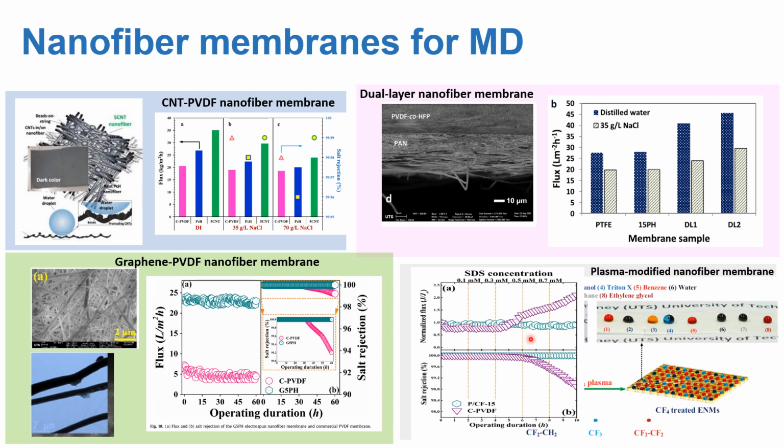So we exposed our PVDF nanofiber membrane to plasma treatment, and we found out that, depending on the duration of the plasma treatment, we changed the characteristics of the membrane into an omniphobic membrane. It has created this omniphobic surface, and if you look at the contact angles of different feed liquids, like ethanol, Triton X, benzene, you can see they form very good spherical shapes depending on the type of feed liquid that you have.